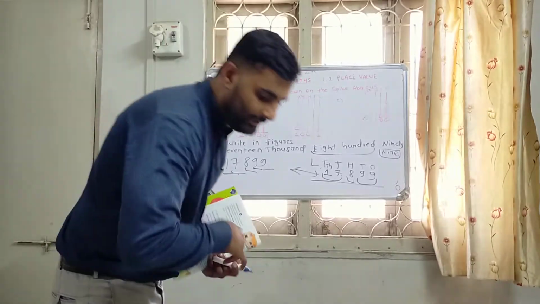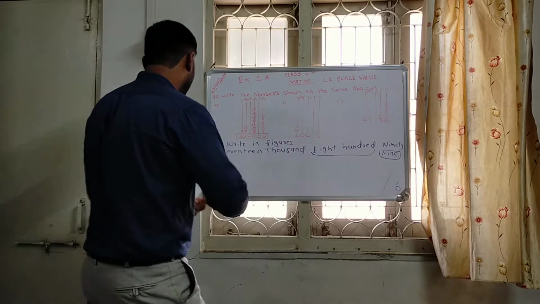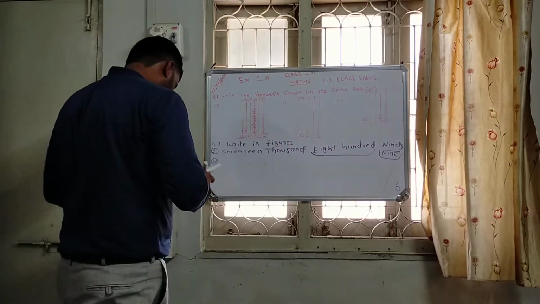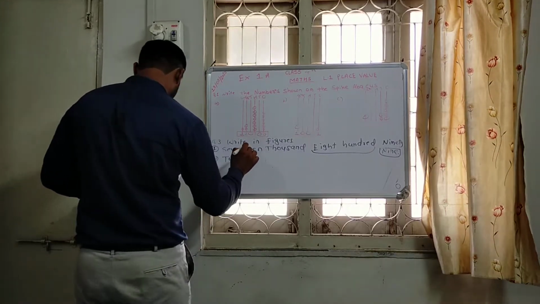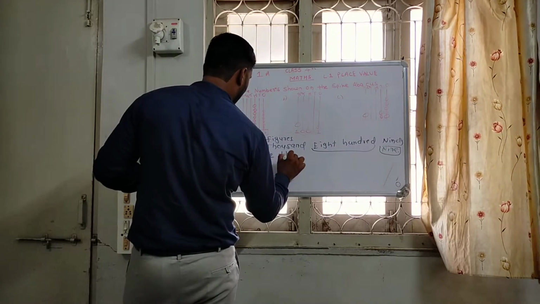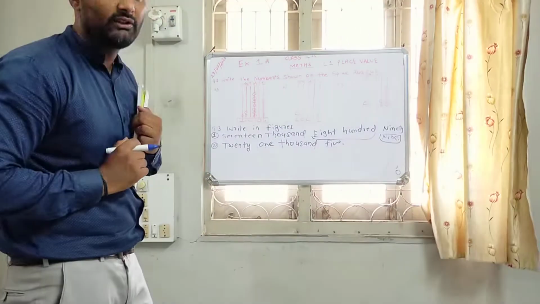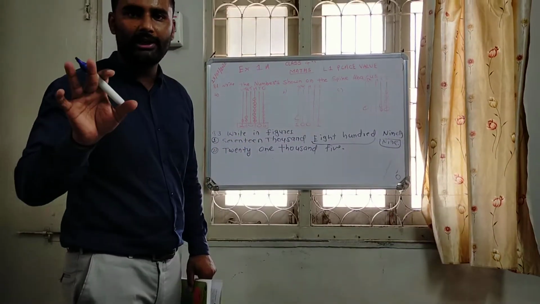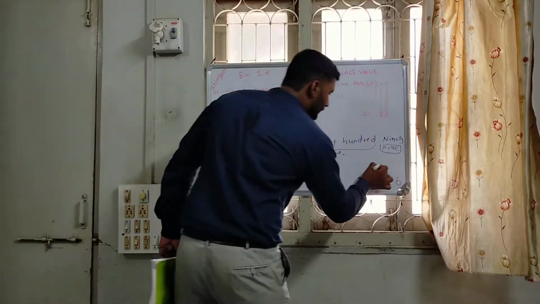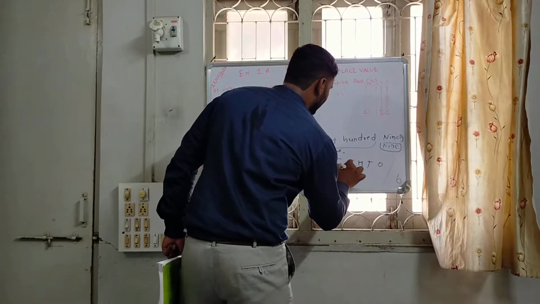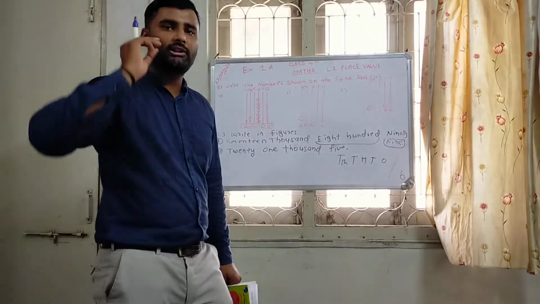Okay. Now we are going to solve question number 2. Similarly, question number 2 is 21,005. That means no hundreds, no tens, just thousands and 10,000. Okay. Now ones, tens, hundreds, thousands, 10,000. The number is 21,005. I am a little bit confused about this number.